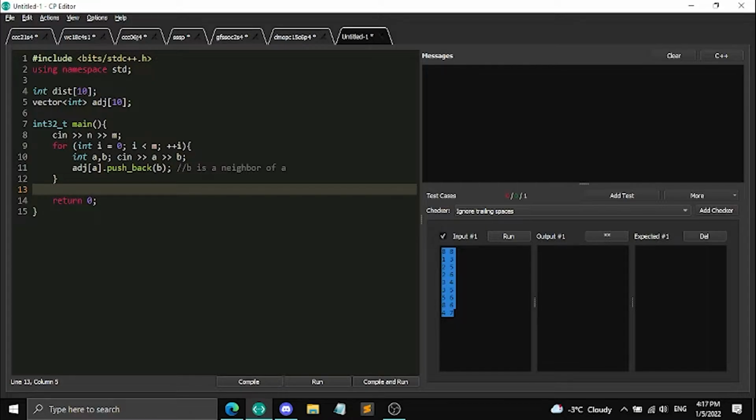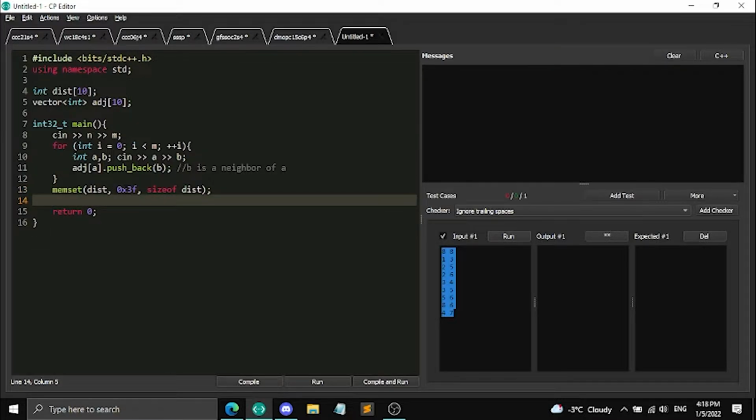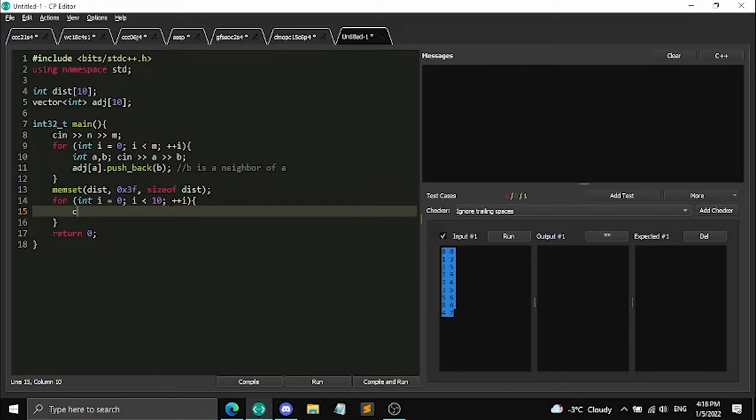Okay, and a common thing we do here is we use the memset function. That takes in the name of the array you want to fill, the byte you want to fill it with, and sizeof as the last argument, just to tell it how much it needs to fill. And we're going to fill the entire array with a very large integer. And so if I actually print out what's inside of the distance array, so if I go i equals 0, i is smaller than 10, plus plus i, and output this array like that,